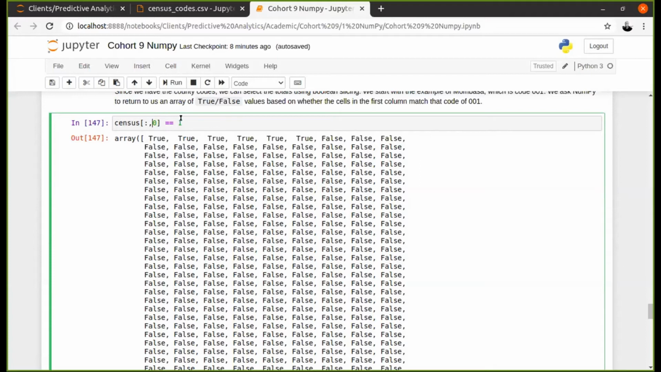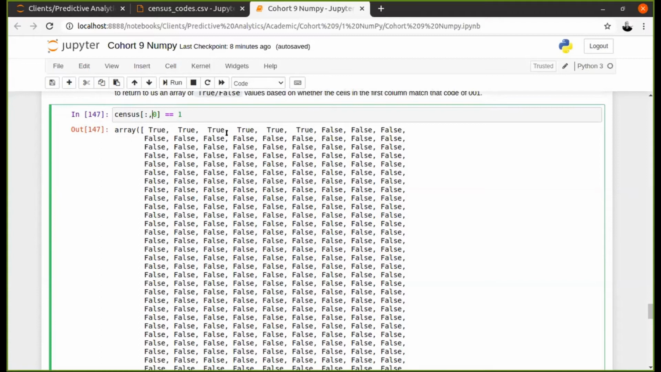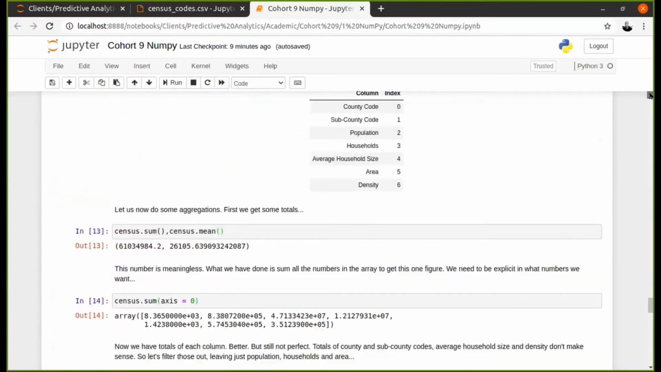When we run this command, basically it's going to return an array filled with true and false values. Anytime it comes across a cell, an item in the first column whose value is equal to 1, it will return true. So it returns true for the first 6 values, but false for everything else. If we go back to our array,